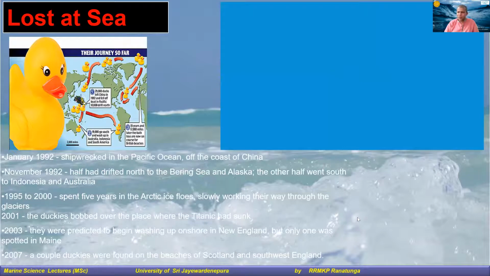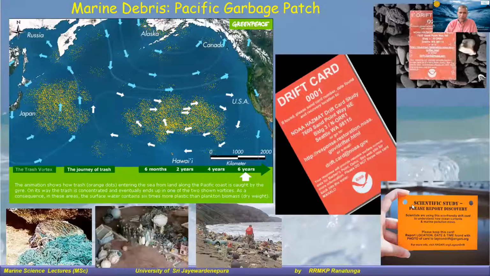So I hope you got a much better understanding from that story about this movement of the ducks. Right, you see how you can use some of the accidental things to make it to a science, like the ship accident in Sri Lanka. We could have done something like that. Some people have done a little bit of tracking of the movement of this plastic nodules, but I don't think we have done that kind of extensive study on that. Something to think of, right?